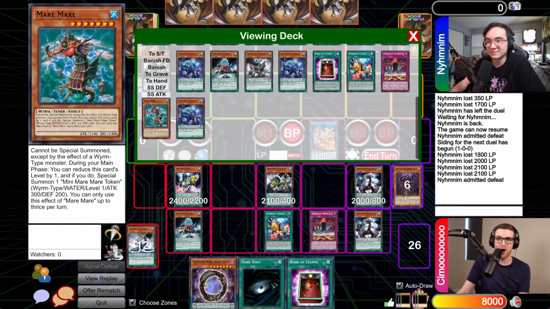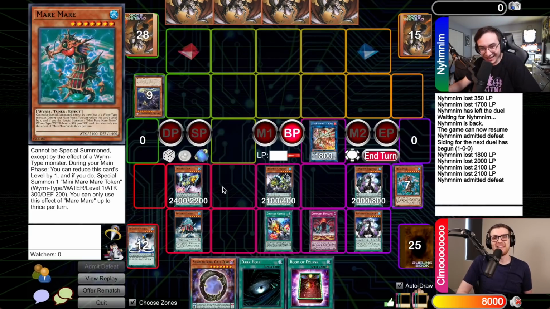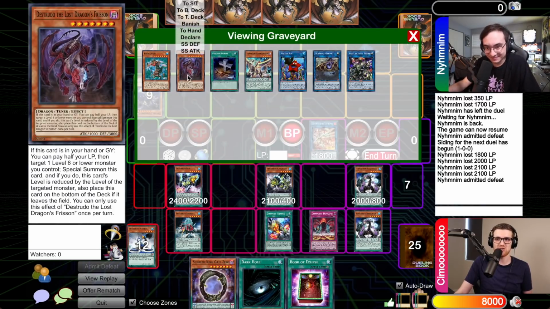because I have Mare Mare in my deck for you. Oh, Mare. Oh, dude, that card's so neat. Yep. You're playing Yazi too? I have Yazi, yep. So this gives my Foolish Burial a lot of different synergy here